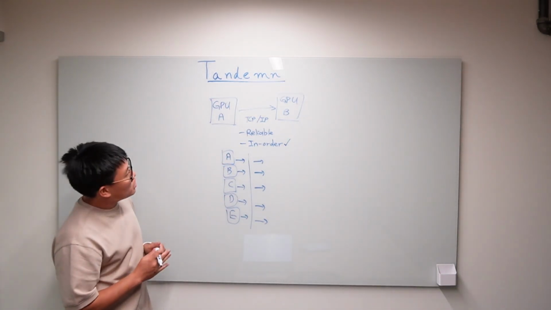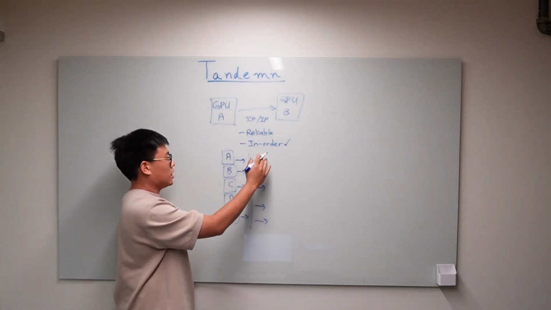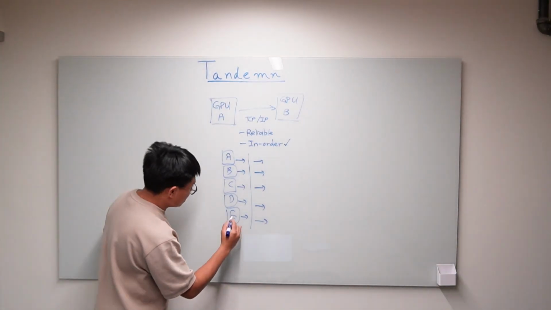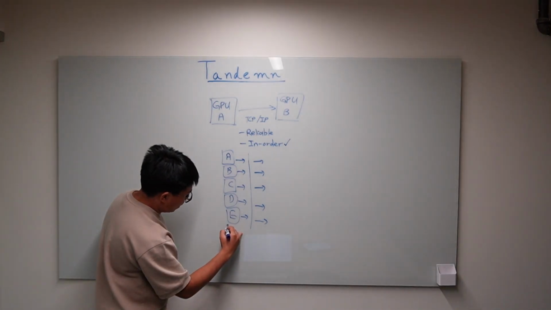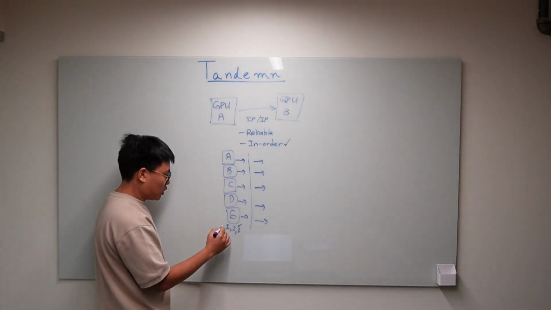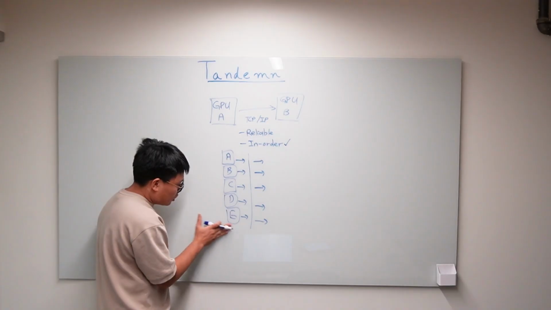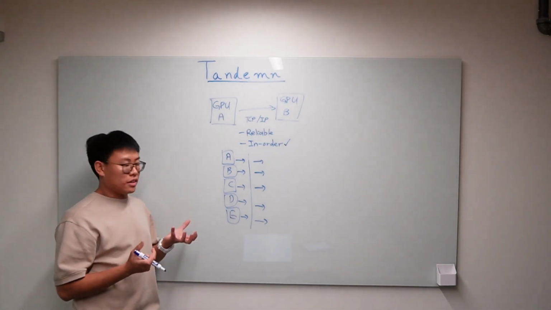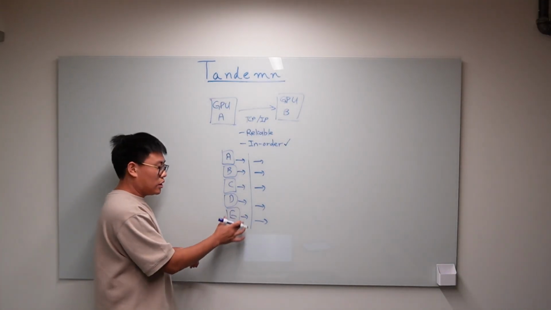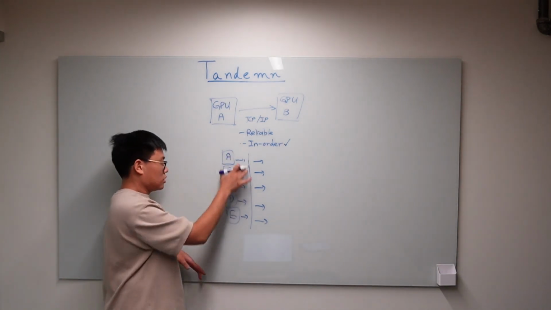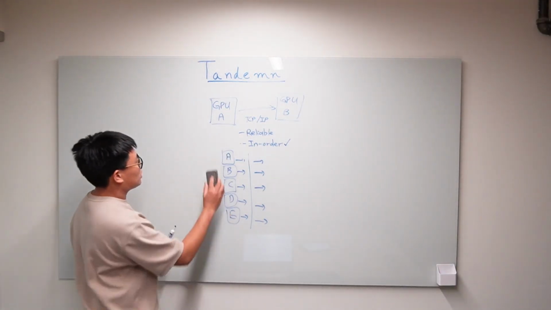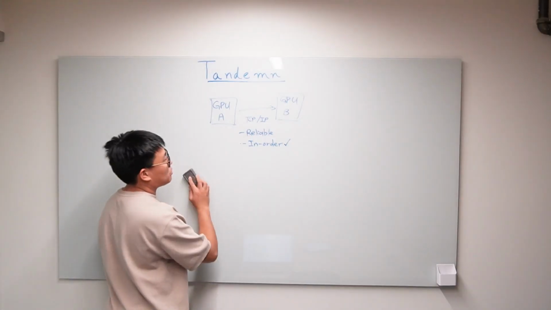The thing about TCP/IP and enforcing in-order packets is that if one packet fails to arrive at one node, for example, if I want to send packets 1, 2, 3 to node E, but packet 3 arrived first, and packets 1 and 2 did not arrive, the node itself will not receive any packets at all. The TCP stack in the kernel will actually hold on to the packet that it received and deliver no packets to the node. And because this one node is stuck, the whole HPC workload is now blocked on that one node. So this in-order property of TCP ends up being a problem for HPC applications.